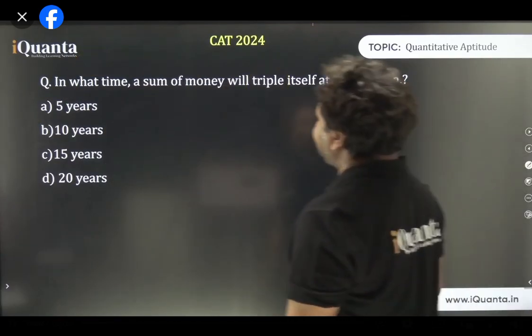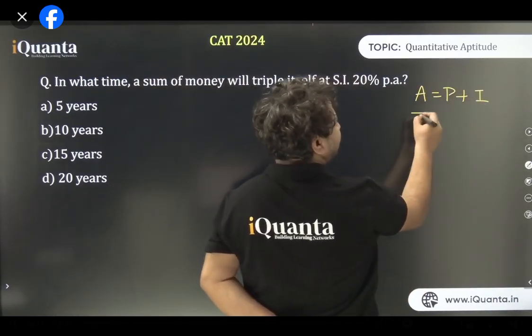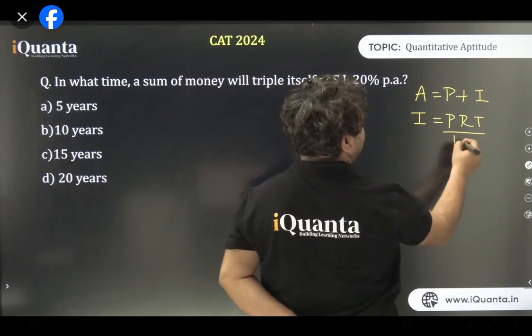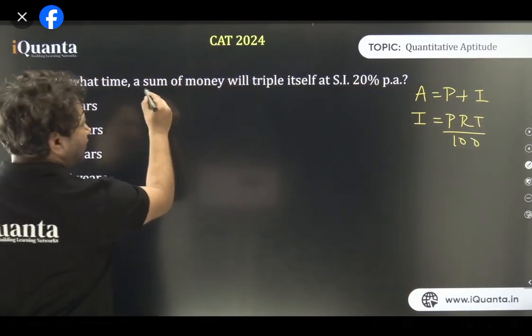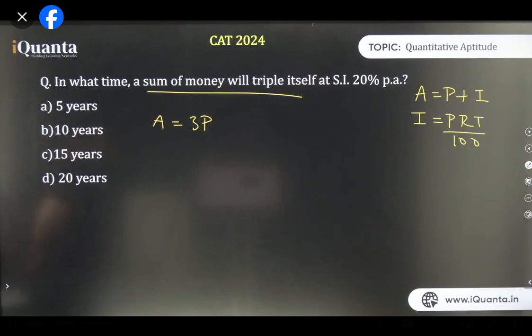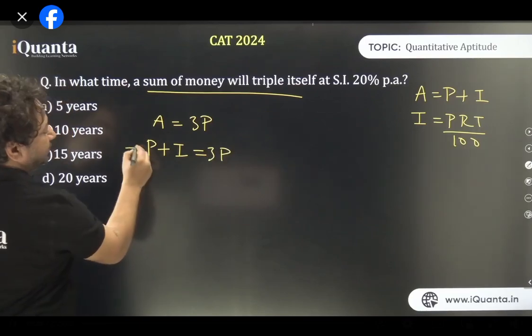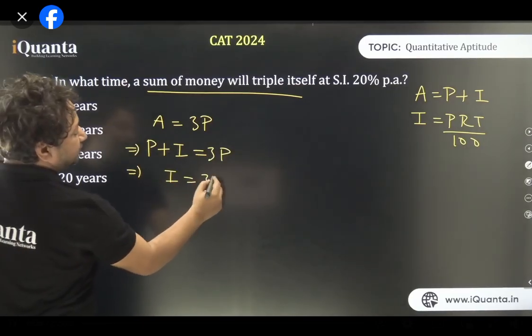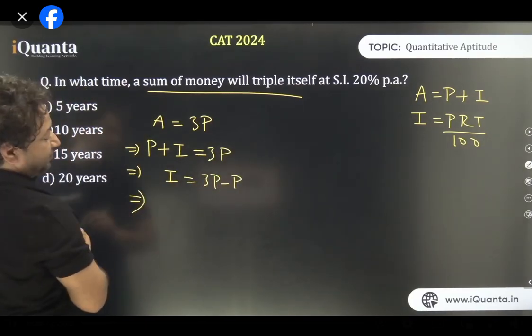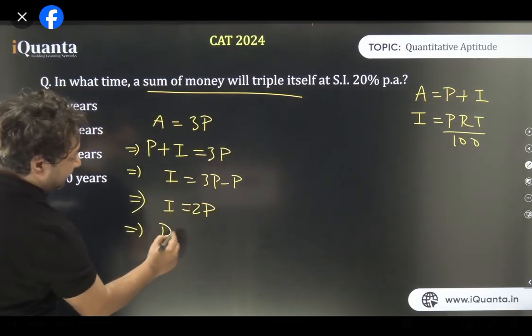Okay. The formula that we're going to use over here is maturity amount is principal plus interest, and interest itself is PRT upon 100. These 2 formulae we are going to use over here. Sum of money triples itself. That means the maturity amount is 3 times the initial, that is principal amount. Okay? Now it is clear to all of you. Replacing A with P plus I, that is equal to 3P. Sending P to the right hand side. I'm doing it like a child. Board exam, every step has got a mark. That way, now it will be clear to all of you. I replaced by PRT by 100.